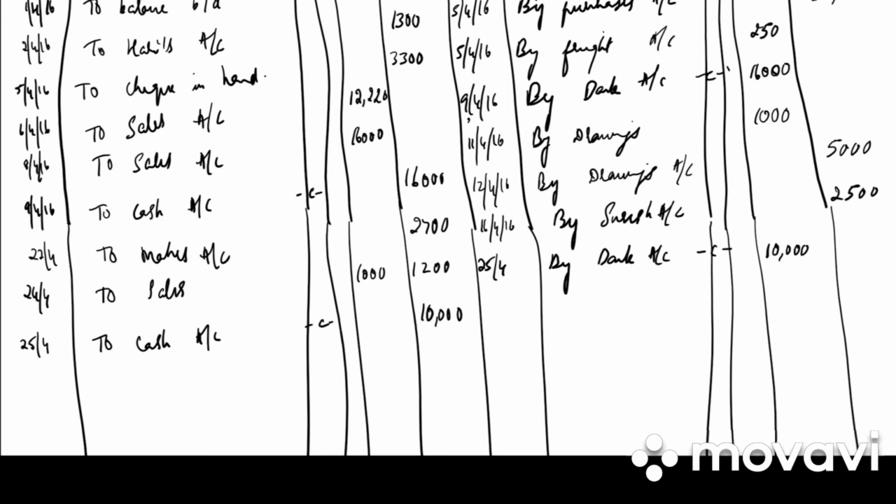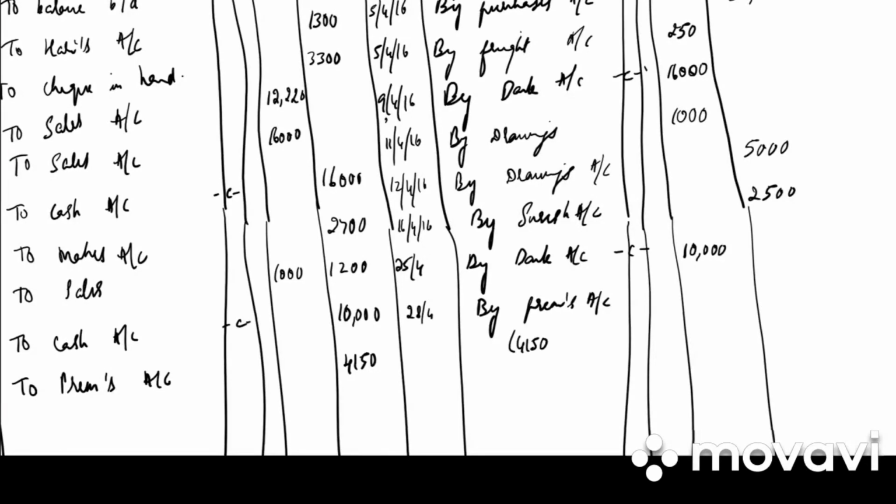Next we have received a cheque from Prem and sent it to bank immediately. So on 26th, on the debit side we have Prem's account. In the bank column 4,150. Next we have bank notifies that Prem cheque has been dishonored. Bank charges 20 for this cheque. So 28th, again we will credit Prem's account because the cheque is dishonored. But what amount will it be? 4,150 plus 20. Why plus 20? Because they are cheque charges. So total will be 4,170.